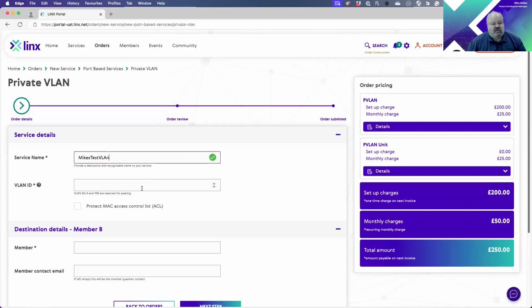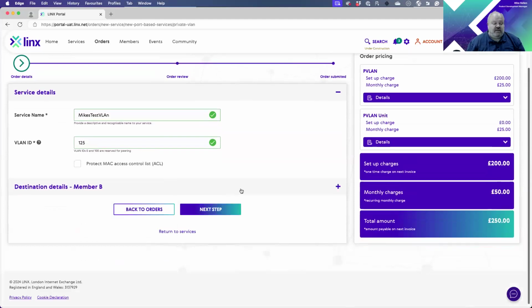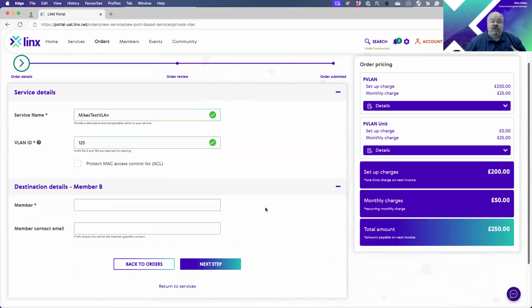I can give it a name. Again, that's your choice what you want to call it. I need to allocate it a VLAN ID, which is the VLAN ID that the service is going to show up on your port. And then I need to tell the service what the other member is. The other member could be you, to be honest. You can also order a private VLAN between two of your own ports. But in this case,